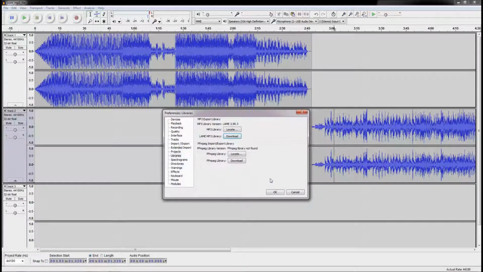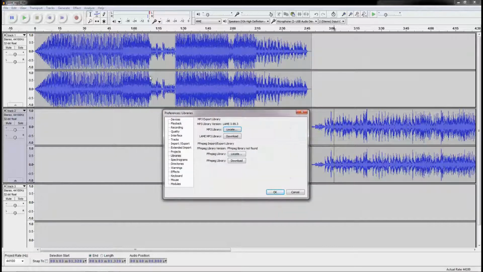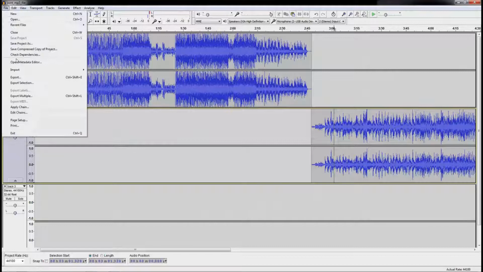It takes a few seconds, and then when we click locate, we can see that the encoder, this lame_enc.dll file here, has been installed correctly. Now we can go ahead and export this sequence as an MP3 file. So we're going to close this all down. This is all fine, and we're going to go to File, Export,